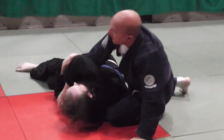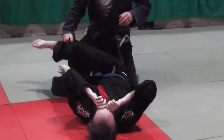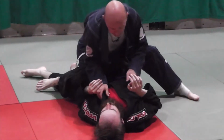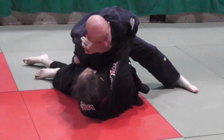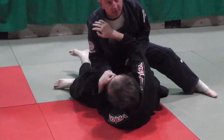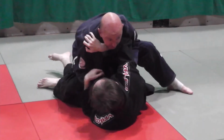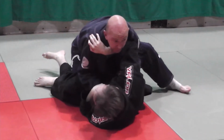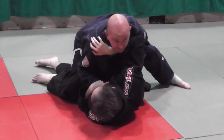Make sure it's safe. The other thing that can happen is I don't get inside control. Carl keeps this grip here and he's just pressuring into me. I can't swim inside to get my head in his throat. Okay? So from here, all I want to do is keep this high. I'm just going to drive forward. Just like as if I'm sticking my head in his throat, so I'm projecting my body forward, and then